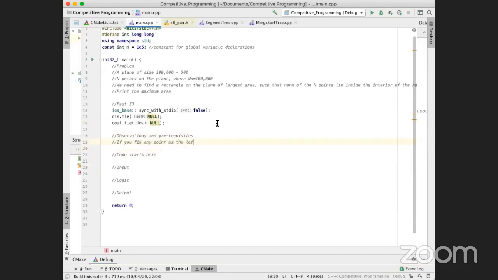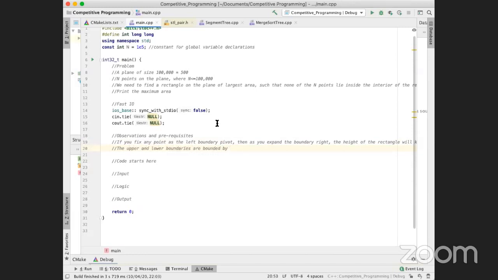If you fix any point as the left boundary pivot, then as you expand the boundary right, the height of the rectangle will keep decreasing because the upper and lower boundaries are bounded by the heights of the points, left bottom or left top, meaning which left, I'm saying not the corner, I'm saying the edge of the rectangle, the left edge of the rectangle,